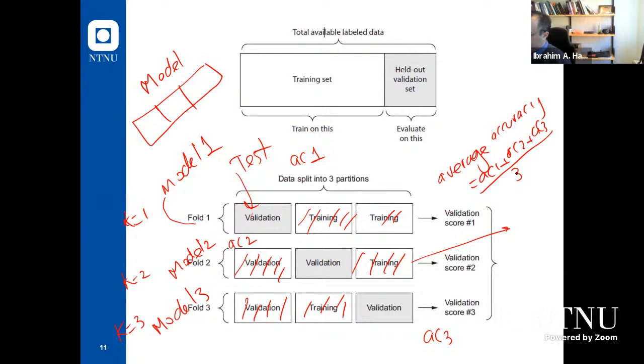Any questions? We will repeat this one several times during this course, but it is very, very important to know the difference between hold out